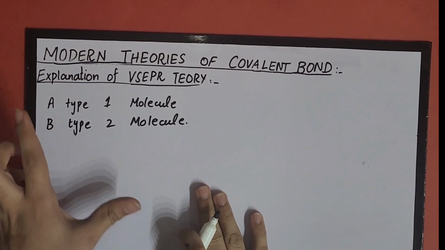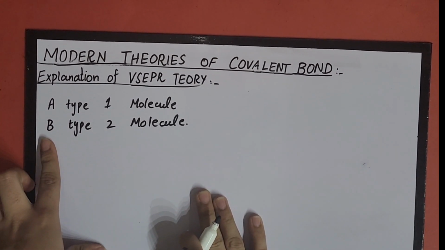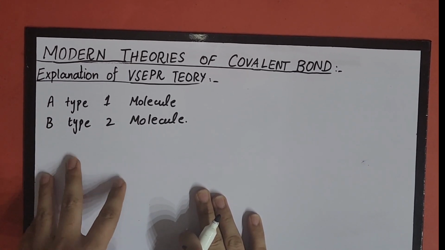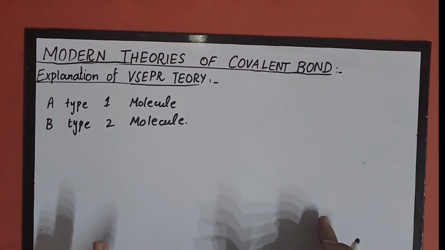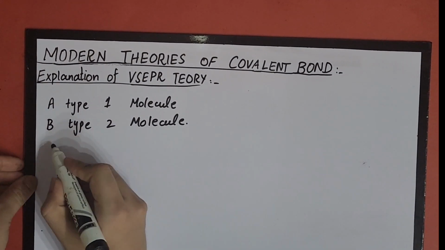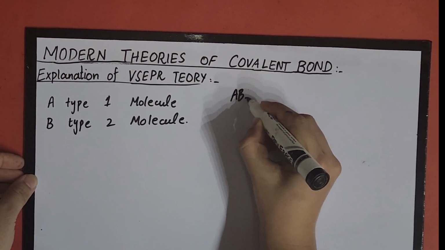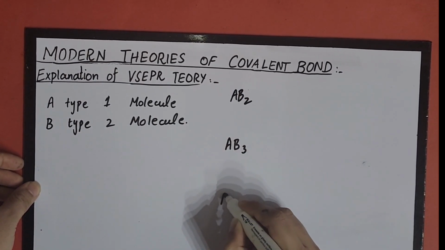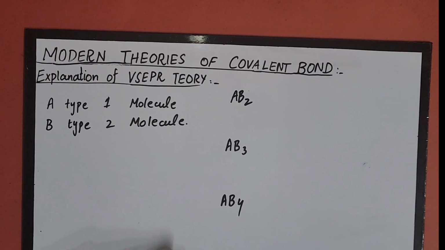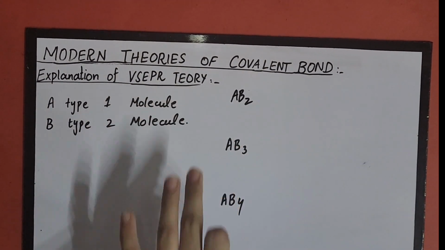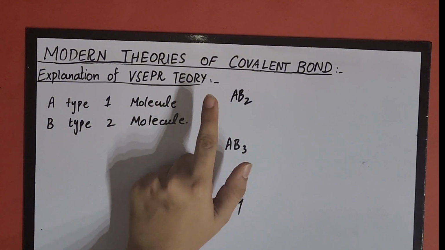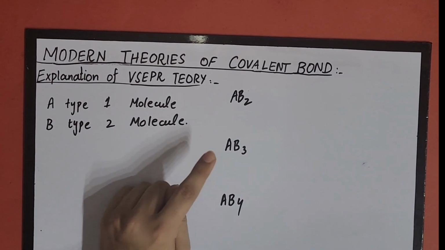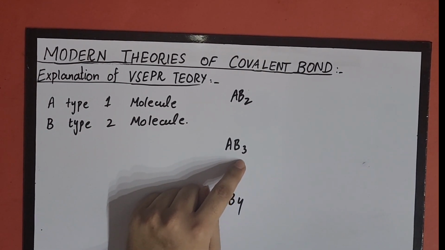Here is a type A molecule and type B molecule. According to the electron pairs and the arrangement of the electron pairs, the first category is AB2, the second category is AB3, and the third category is AB4. These are 3 categories or types for a molecule, because there is one A molecule attached with 2 B molecules, one A molecule attached with 3 B molecules,